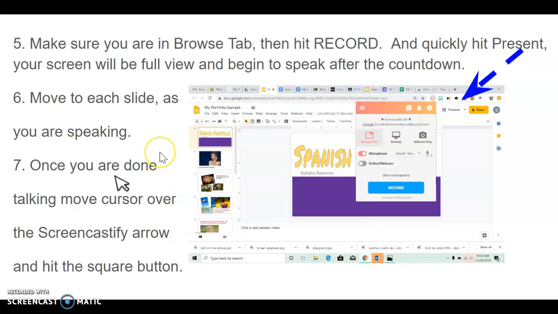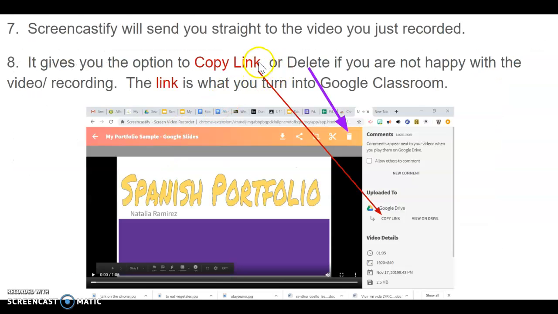Then after you hit the stop button, it will lead you into a screen similar to this, and this is your Screencastify video. On this video, you have the option of